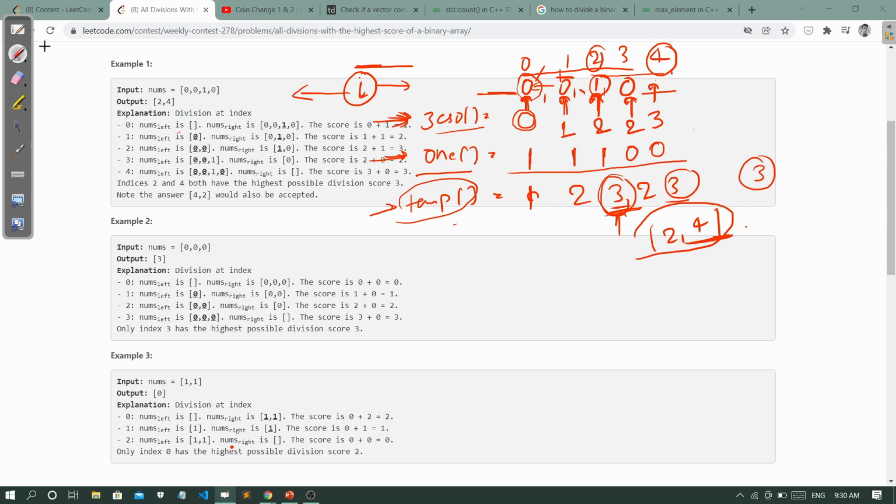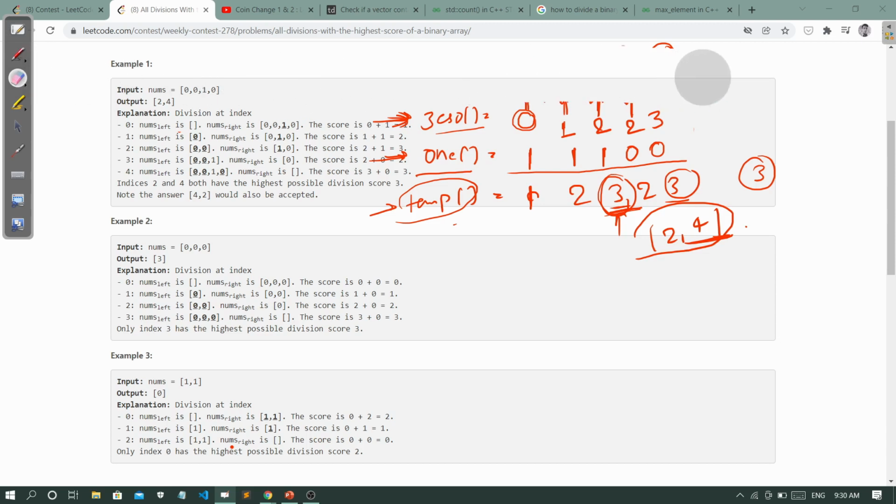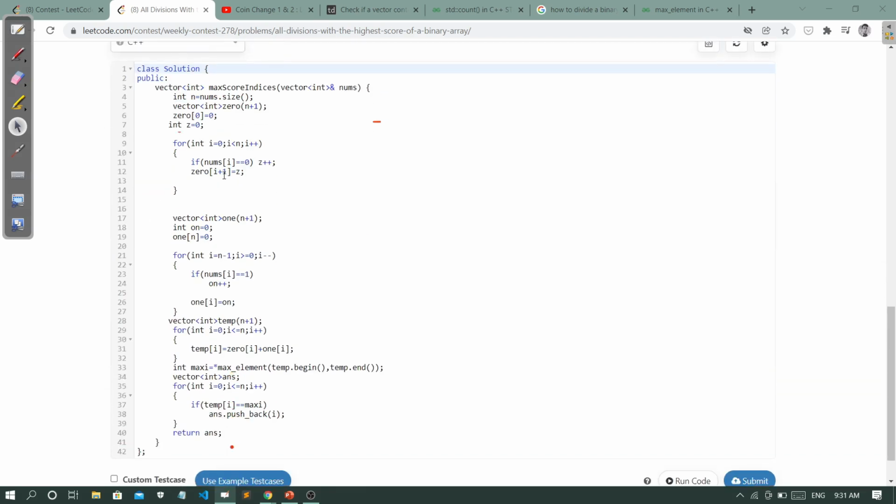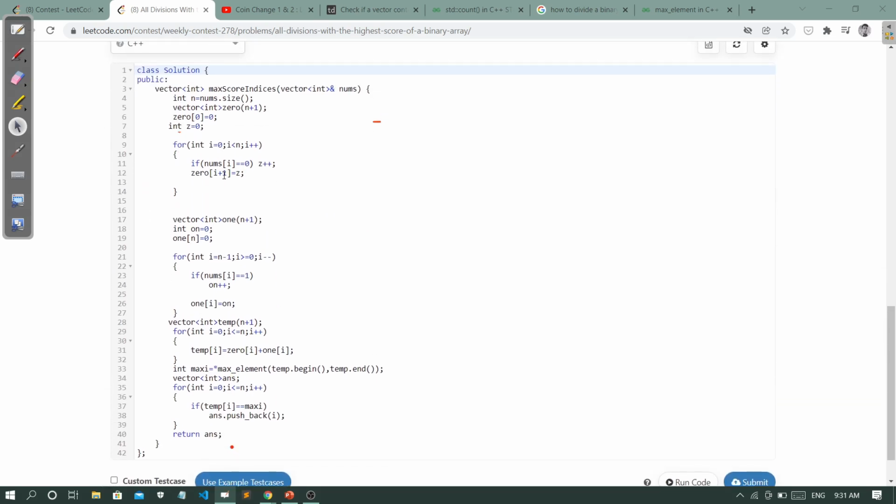So now I can show you the code, how we approach this problem. So first we take the size of the nums.